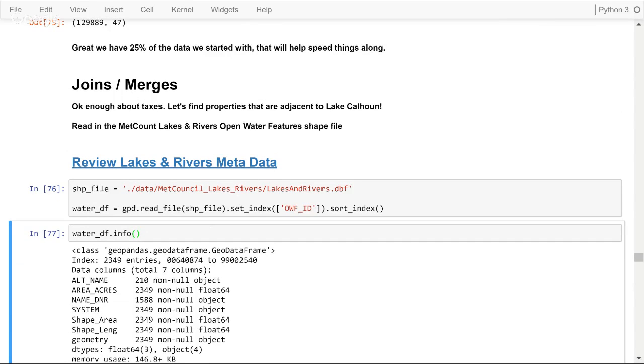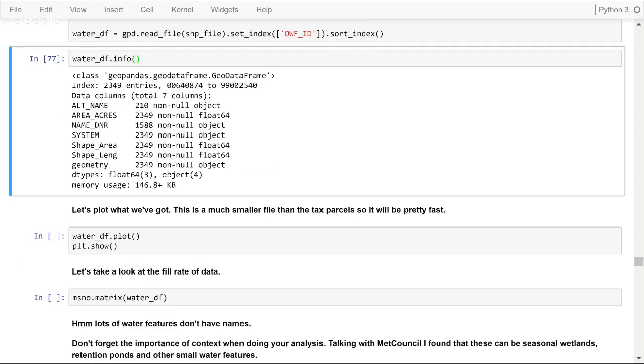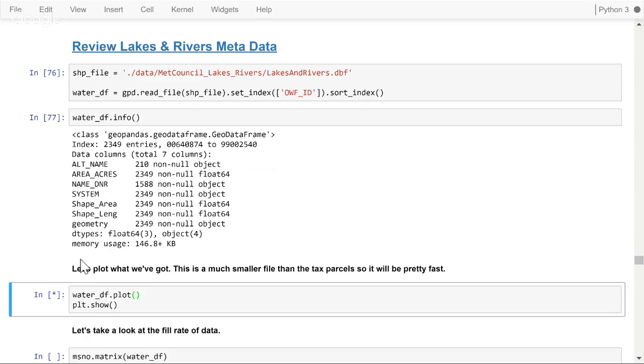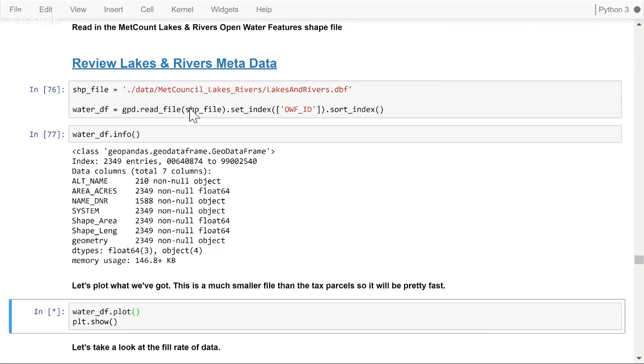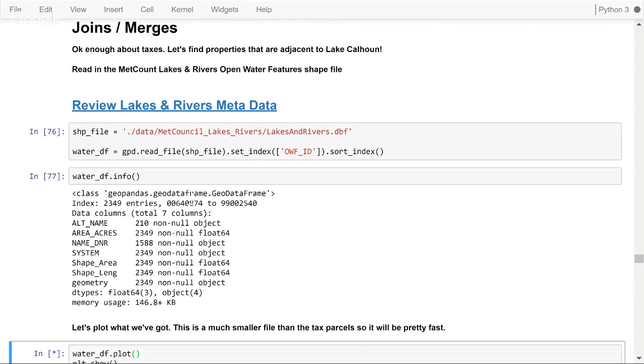We can see that it has much fewer columns, and it's got the geometry type here, so we can expect that. But also, interestingly enough, it has the area of the shape. So in specific units that are listed out in this metadata here, you can find out how big the lakes are. You can find out the length of it, which I think is the maximum point-to-point distance across the water